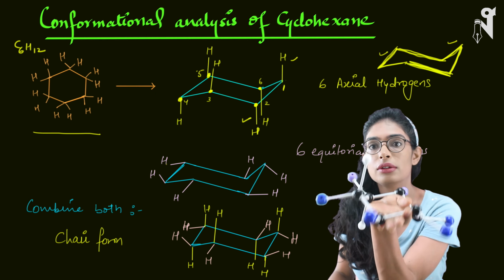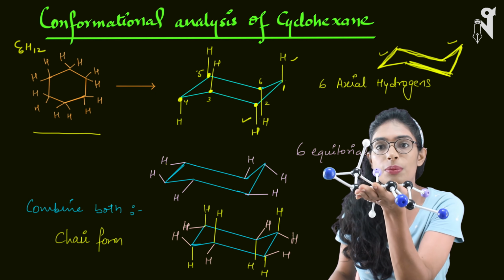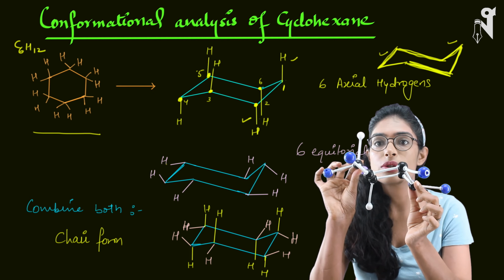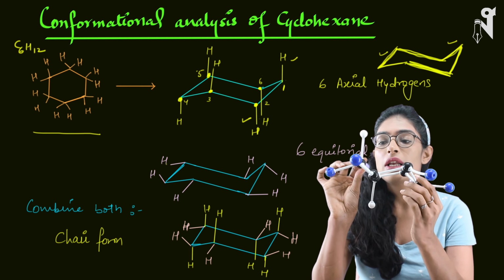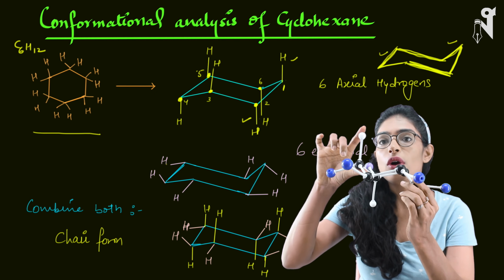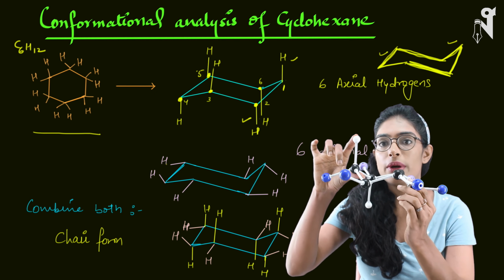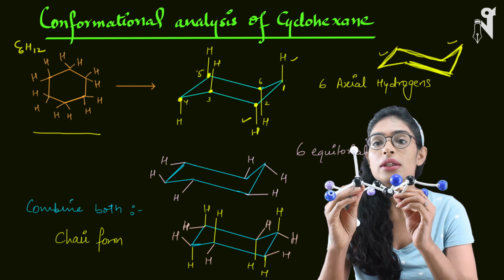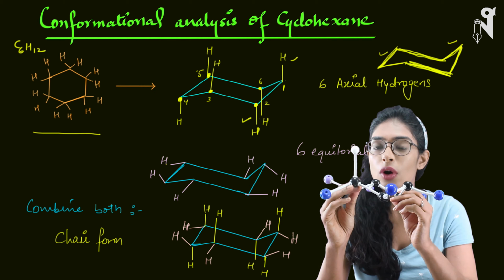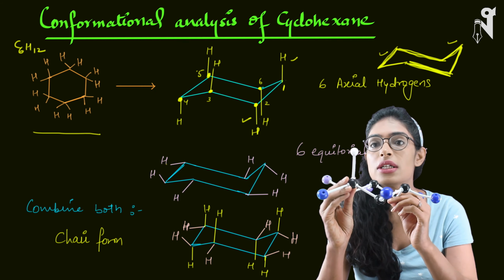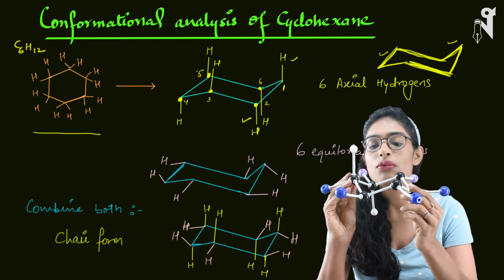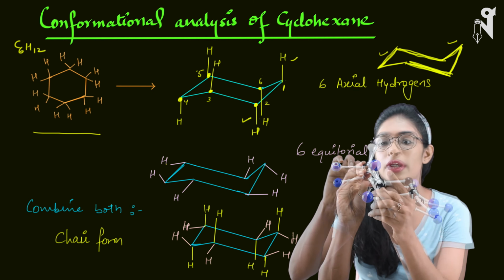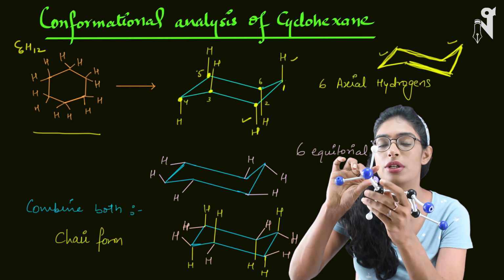Please look at it carefully. I hope you are able to see it. If I hold it like this, are you able to see? Okay. Now look at this carbon. I have not removed the axial hydrogen from here, so that you can relate it much better. And these blue ones are the equatorial hydrogens. All of them are hydrogen, but I have changed the color so that you can visualize better. So this is my chair conformation, and here comes my